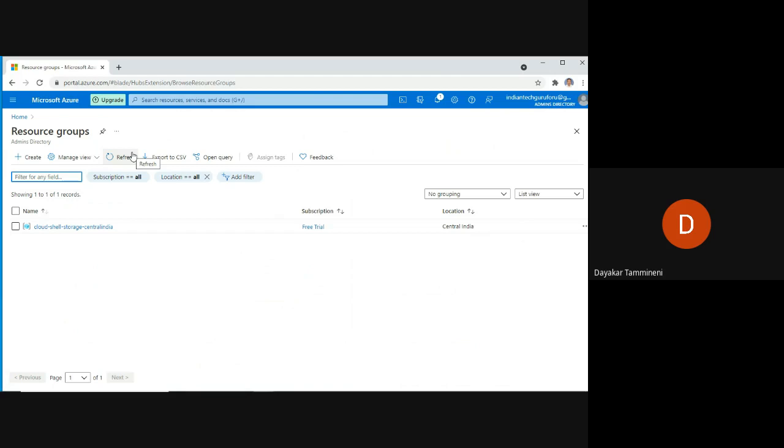Whether we created it or it was automatically created? It is automatically created by Azure. When was it created?